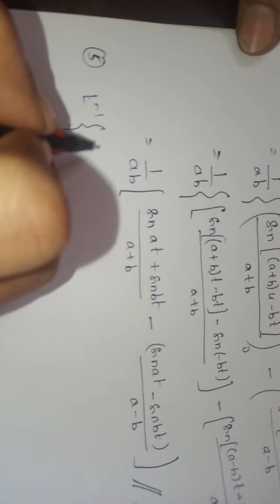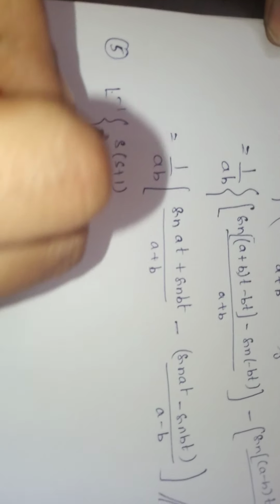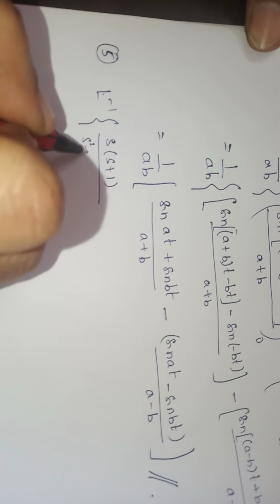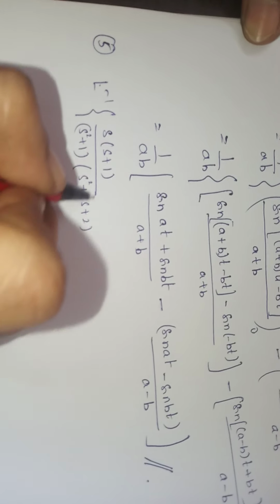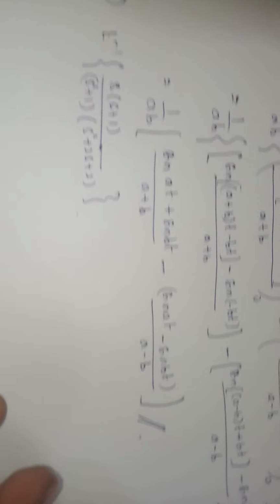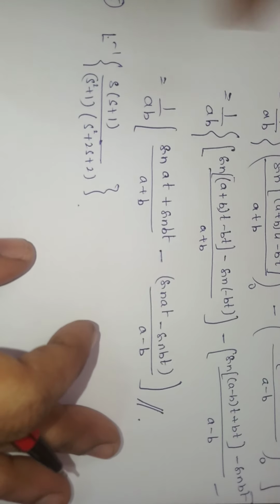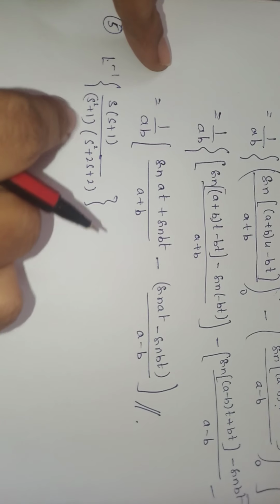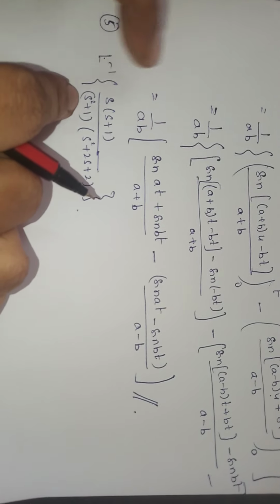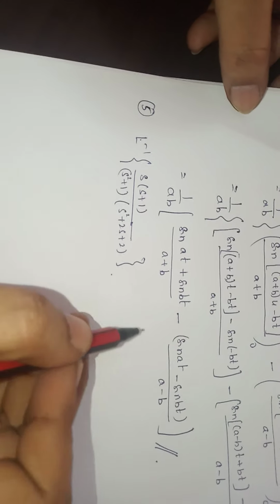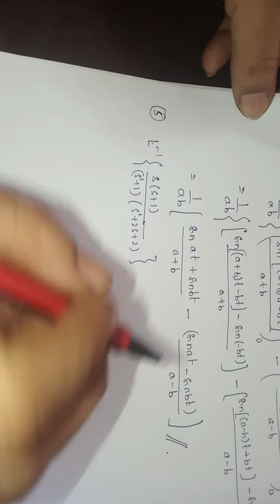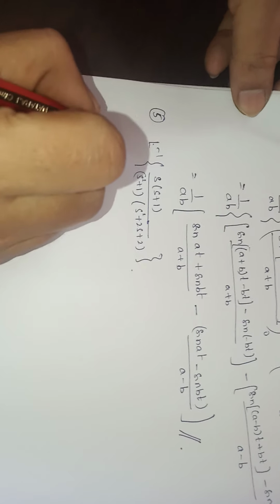Laplace inverse of s into s plus 1 by s square plus 1 into s square plus 2s plus 2. Here again you can go for partial fractions, or you can apply the convolution. For partial fractions, remember that the denominator has quadratic factors, so you should go for A s plus B by, or you can directly apply your convolution theorem by selecting